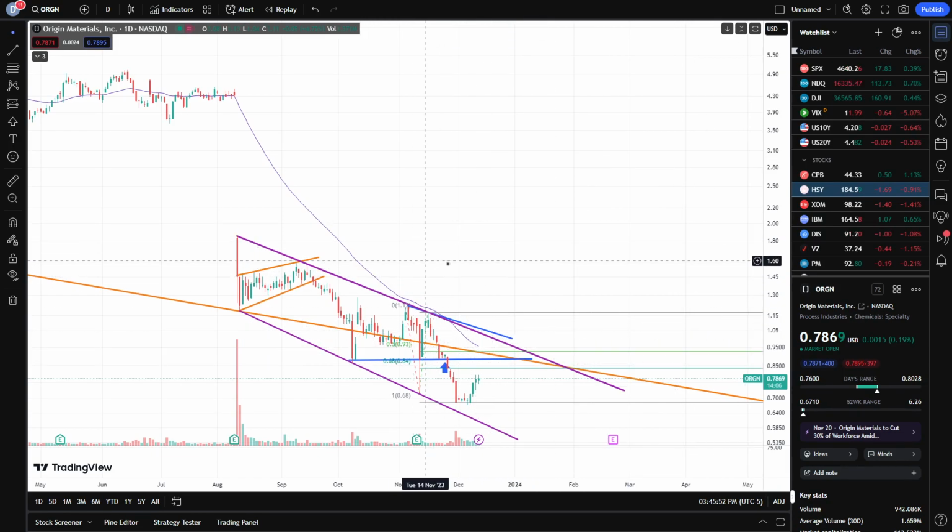Unfortunately, there's really not much to say here. Again, this is a company that was decarbonizing materials and recycling them to reuse them, and then they recently announced that they're going into the biofuel sector randomly. The stock's been in this downward channel here, and I just want to show you how I draw some of these